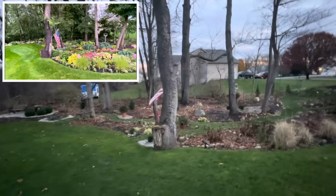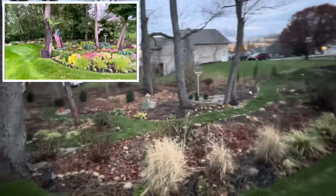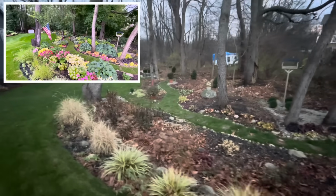You can see I'm starting to lose daylight, so I'm going to try to make it quick in here. I probably won't talk about every single plant just because we don't have time before the...